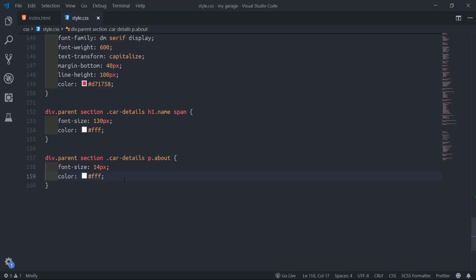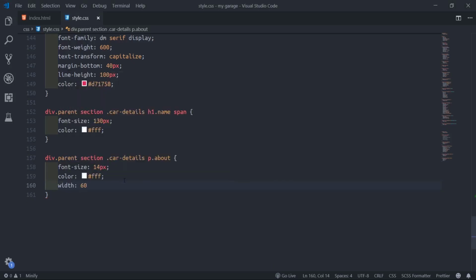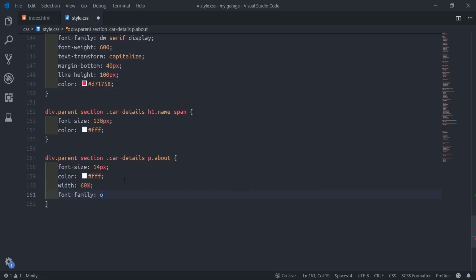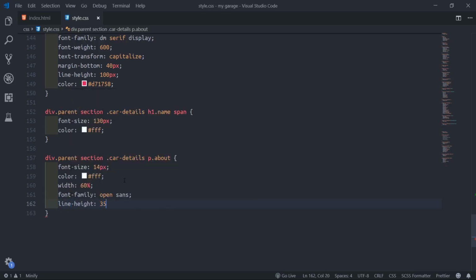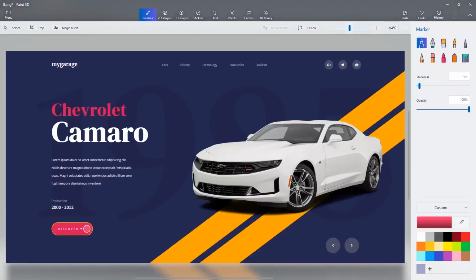So I'll go back. I'll say maybe the width here be 60%. Then font family, I'll say Open Sans, and line height. So now that could be like 35 pixel. So I'll run now, and we'll get this guy here. But we'll see this thing again.